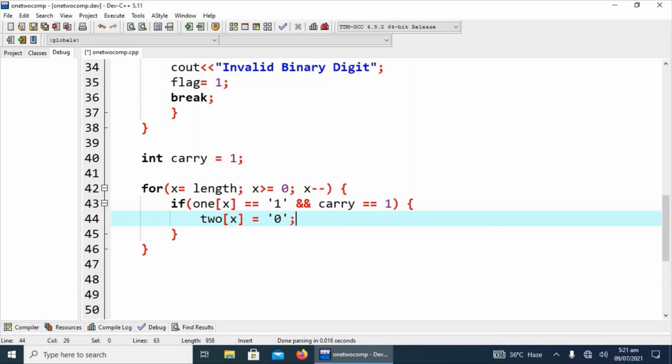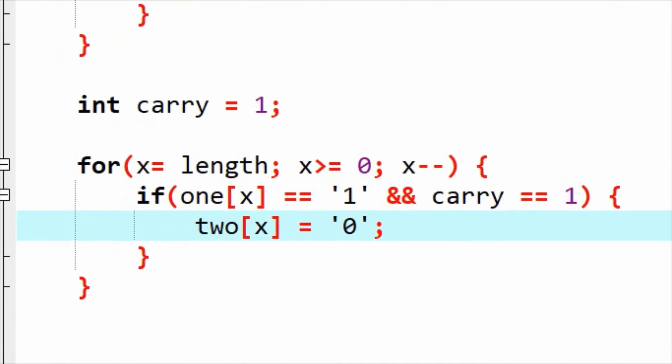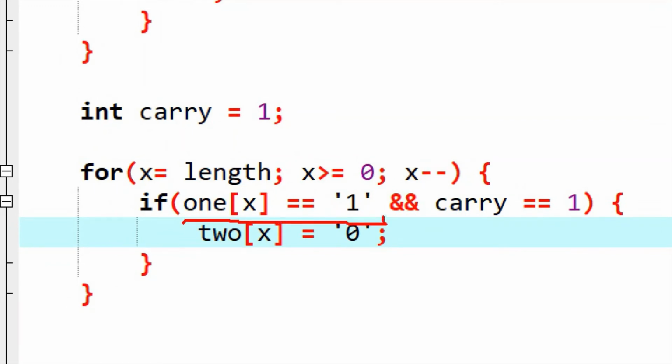Means if the 1's complement has 1 at the last index and carry is definitely 1, because we are adding 1 to the given 1's complement.